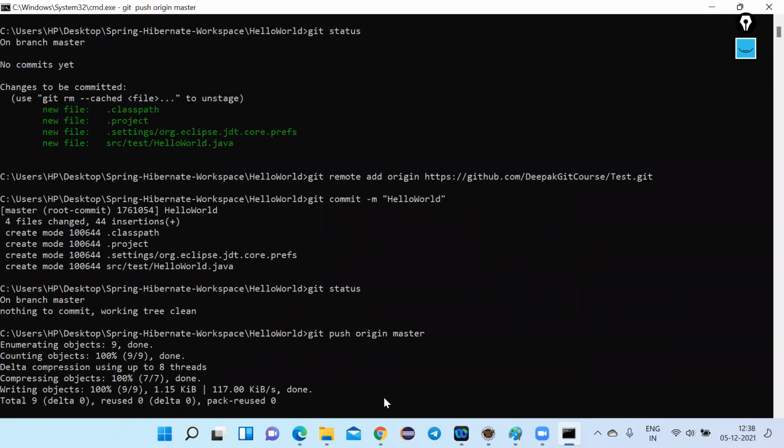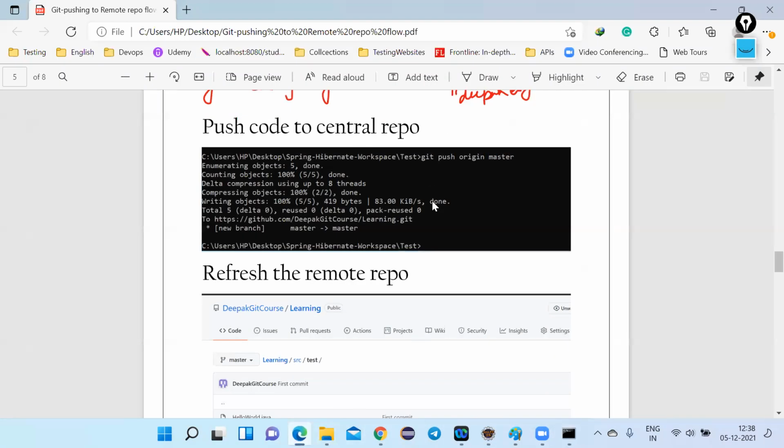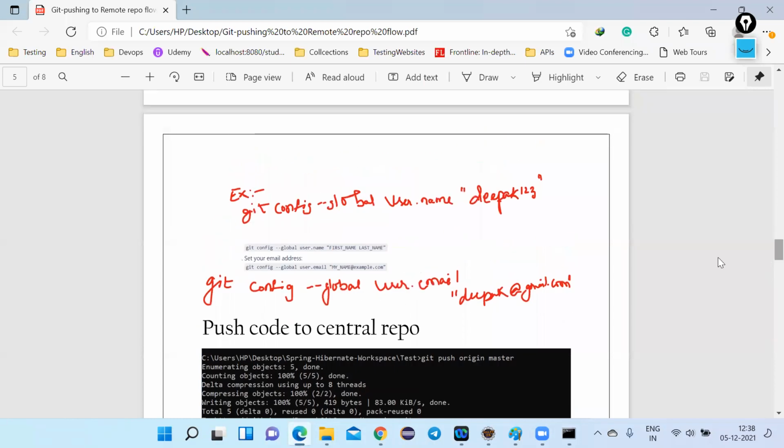So now we are pushing the code from the local repository to the remote repository. If you push the code from the local repository to the remote repository, what happens in this step? You might get a fatal error asking for your username and email ID.